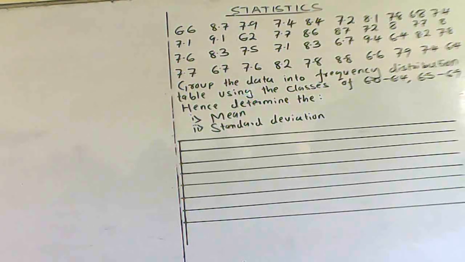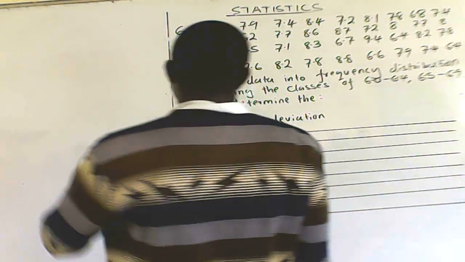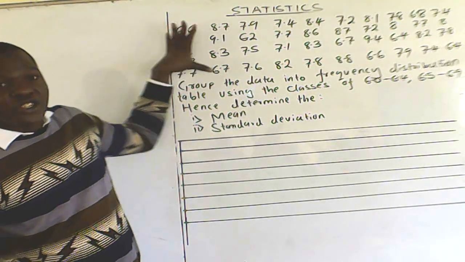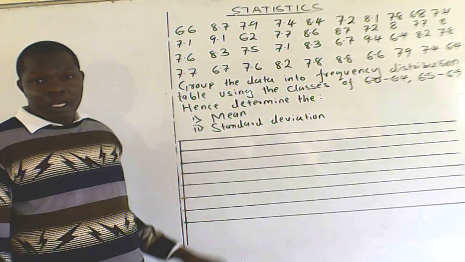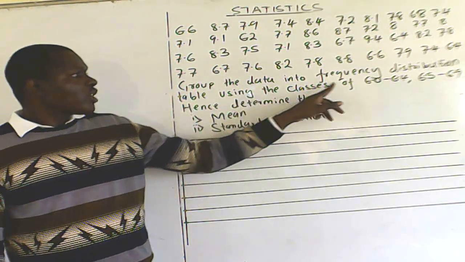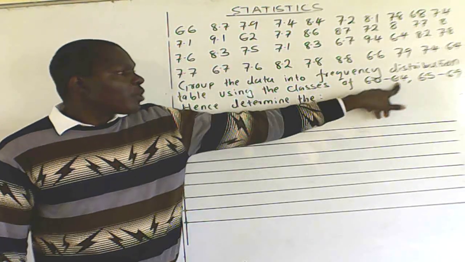This next case, you'll be told Table 1 shows the masses in kilograms of 40 steel rods used in a mechanical show. So in this table, these are the masses of 40 steel rods. Then you'll be told to group the data in a frequency distribution table using the classes of 6.0 to 6.4,